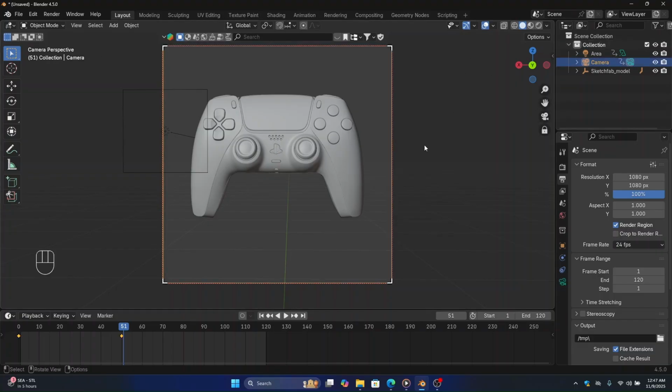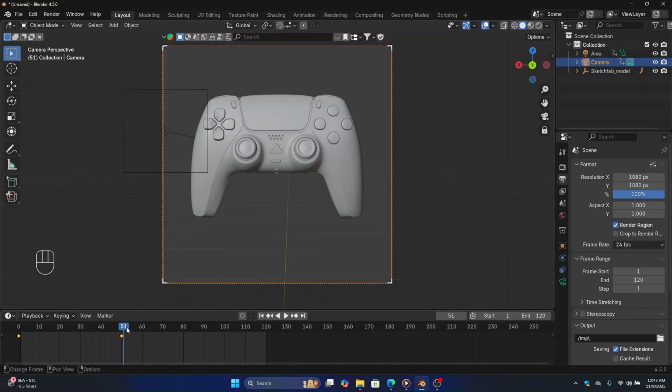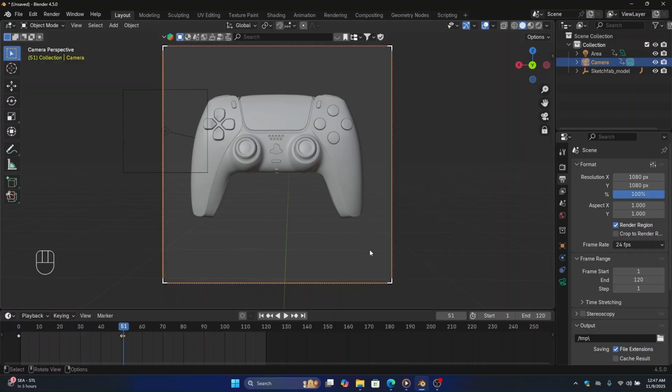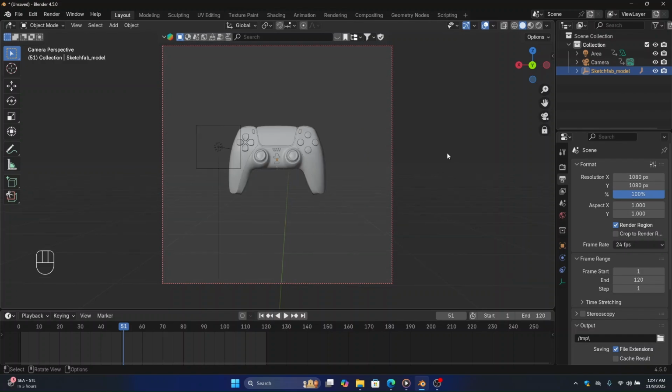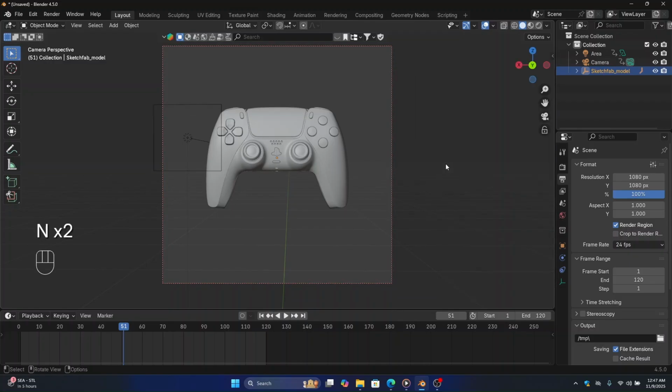First go to this camera tab and then press K on my keyboard, but before that you need to make sure that you are on frame 51, then press K on your keyboard and go with the location. And yeah, from this frame 51 our next scene starts. So I need to go with this Sketchfab model, select this, and what do I need to do? But let me check this. What do I need to do? Select this and then